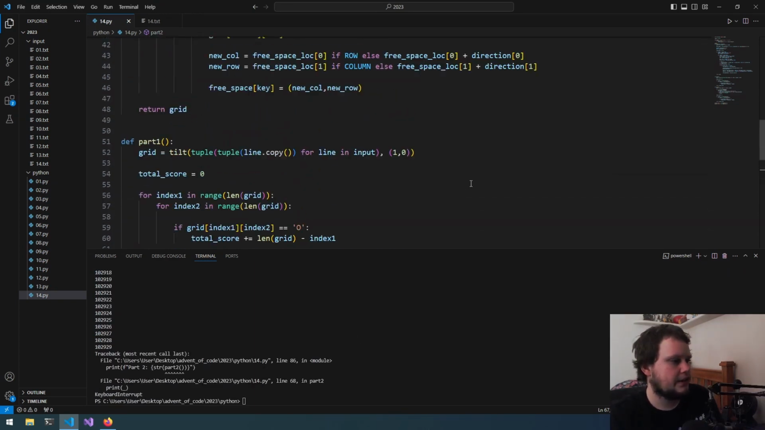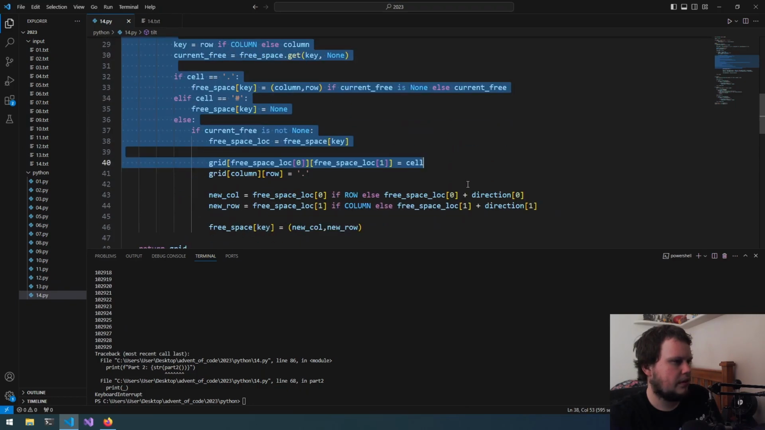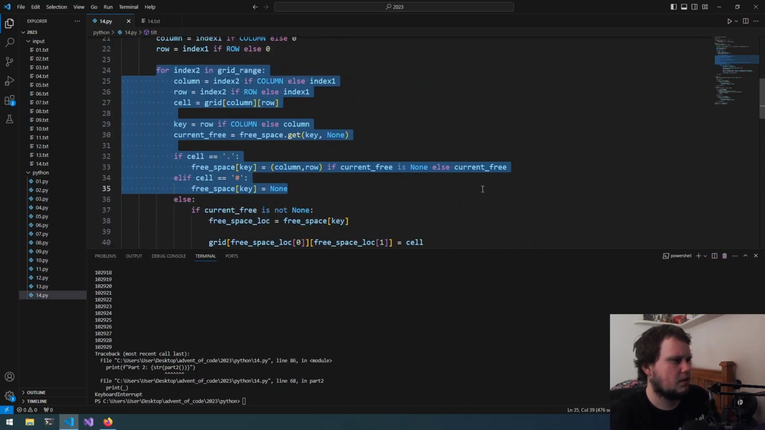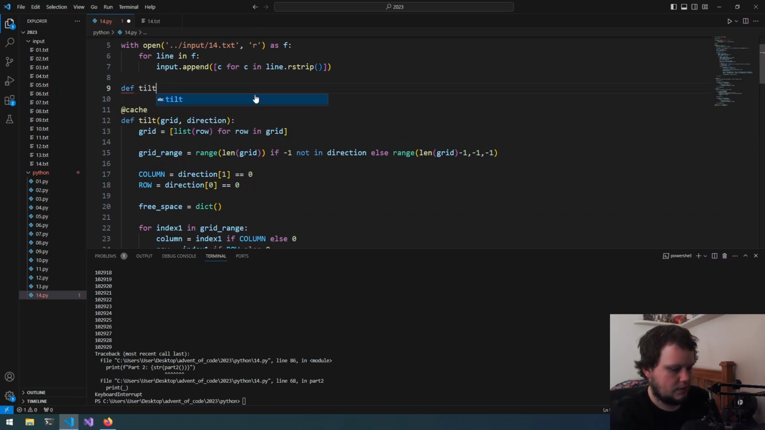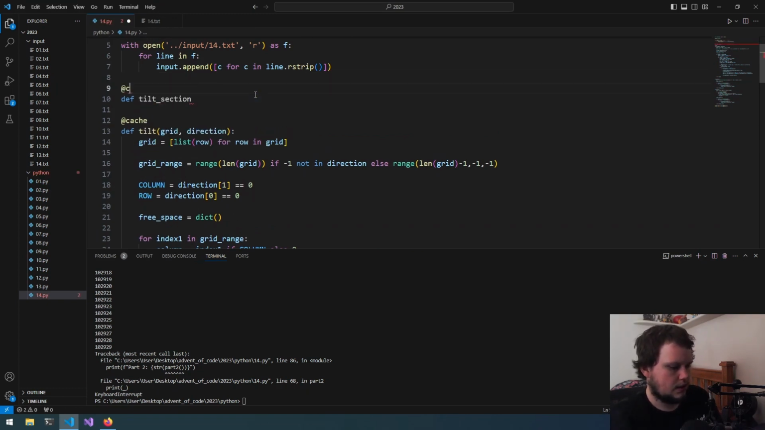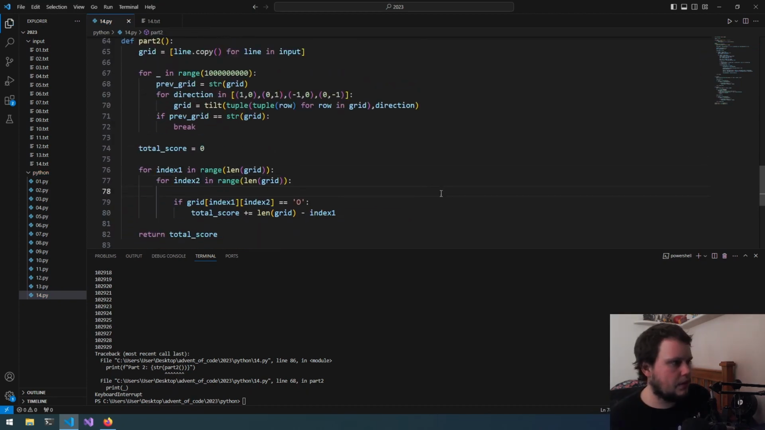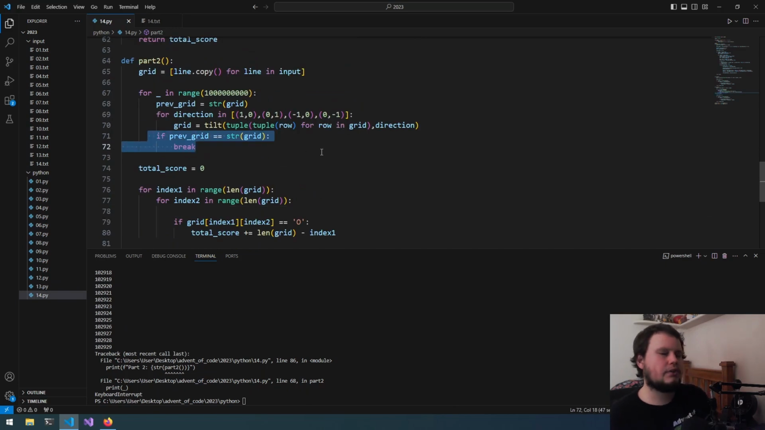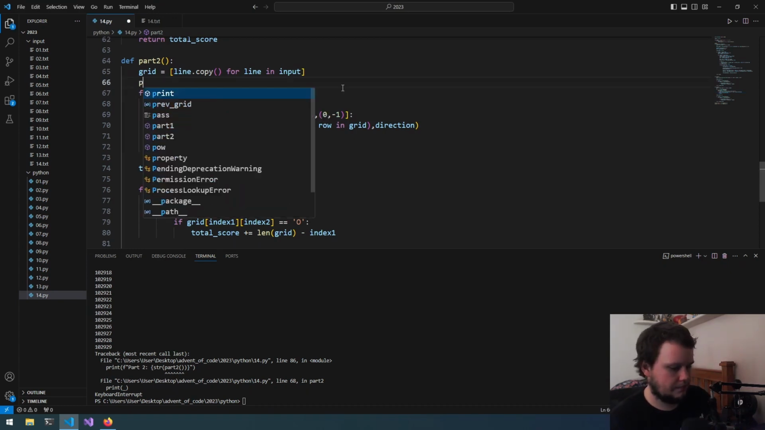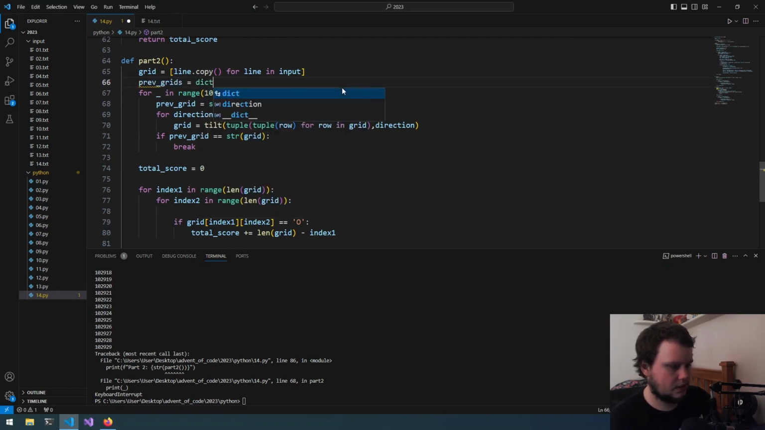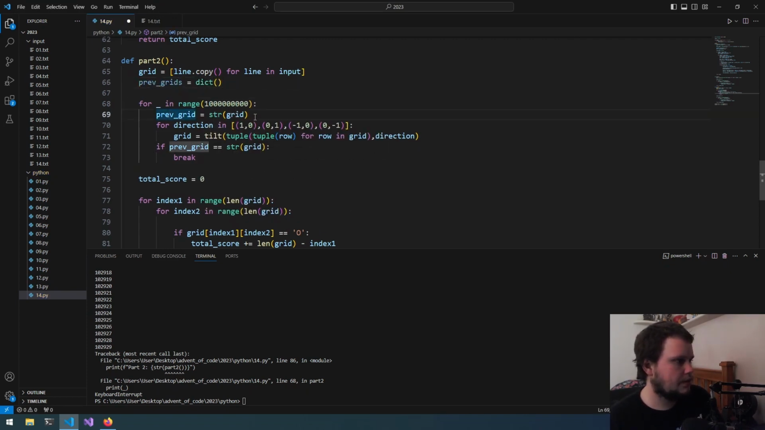Maybe to help with caching, we can put this in it or something. Let's do def tilt section at cache, and this will be section. Okay, something I've realized with this, it's not going to work. It's going to assume it's literally the exact same as the previous time, but it's not going to be like that. It's going to be more like a pattern. So let's say it reaches a point where if it does it 10 more times, then it's going to be the same. So what we'll do, dict prev grids equals dict, and prev grid,